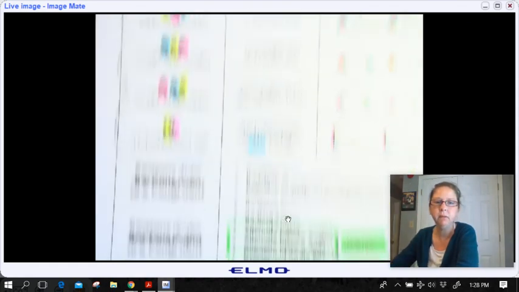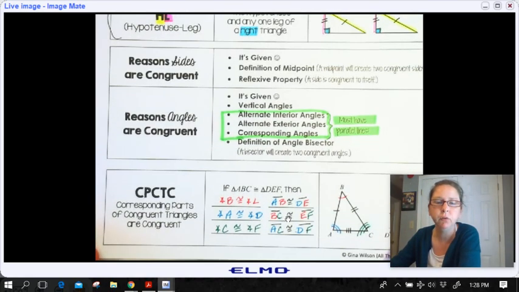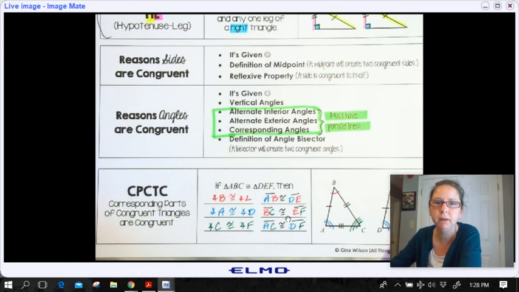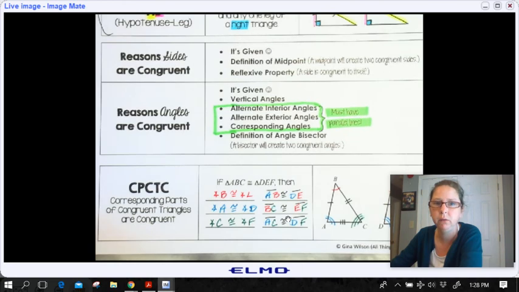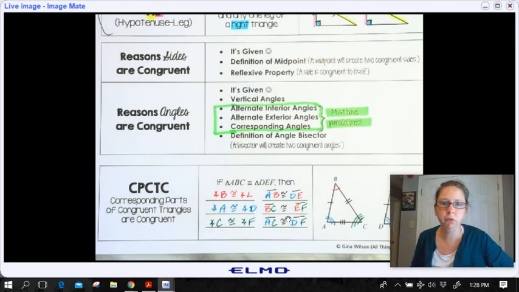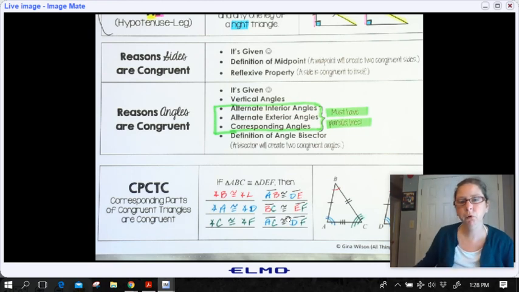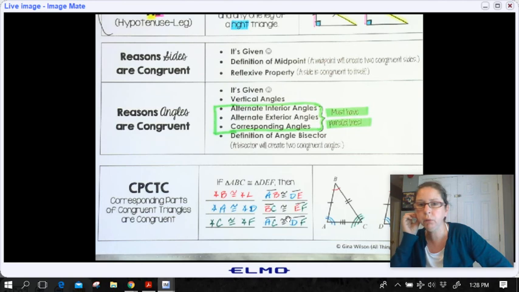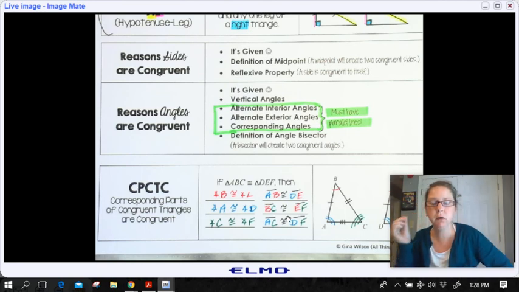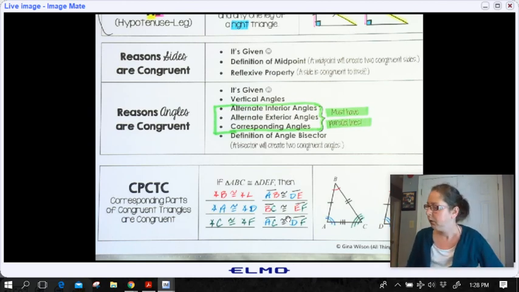And then the reasons down here. Again, these are not the only possible reasons, but these are really common ones. Okay. Again, I just mentioned you could have also used the triangle sum theorem for one of the last problems that we did. If you can prove 2 of the angles of 2 triangles are congruent, then you could also prove that third angle by using the triangle sum theorem. Okay,